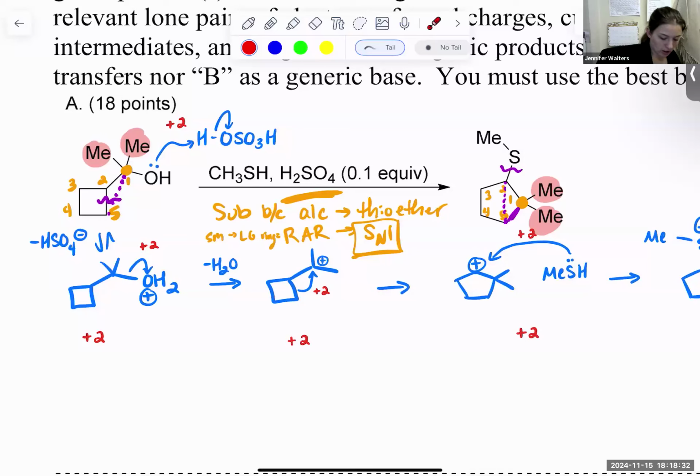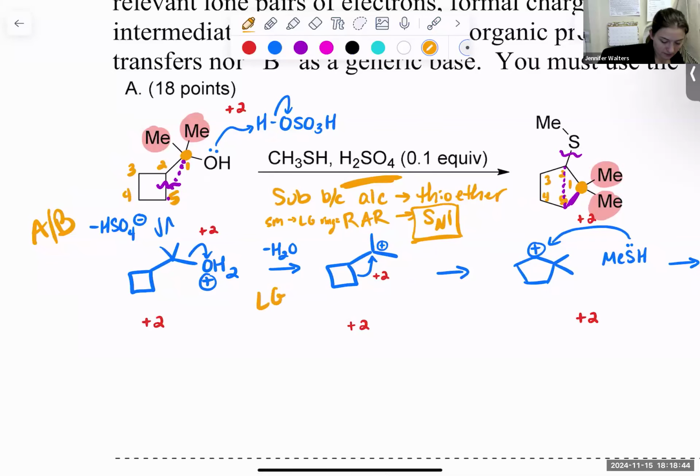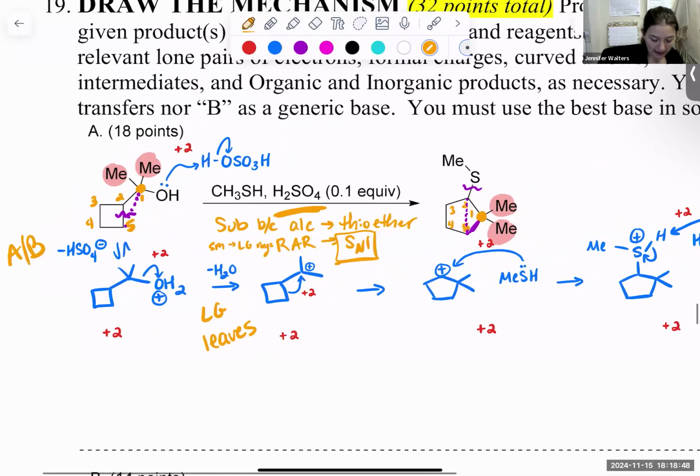Then we get to our oxonium ion. So now we have a good leaving group. Now we're ready to do our first step of SN1. So this was, we did acid base. Then we did leaving group leaves. That makes our carbocation. So at this point, I now need to rationalize some rearrangement that's going to happen because